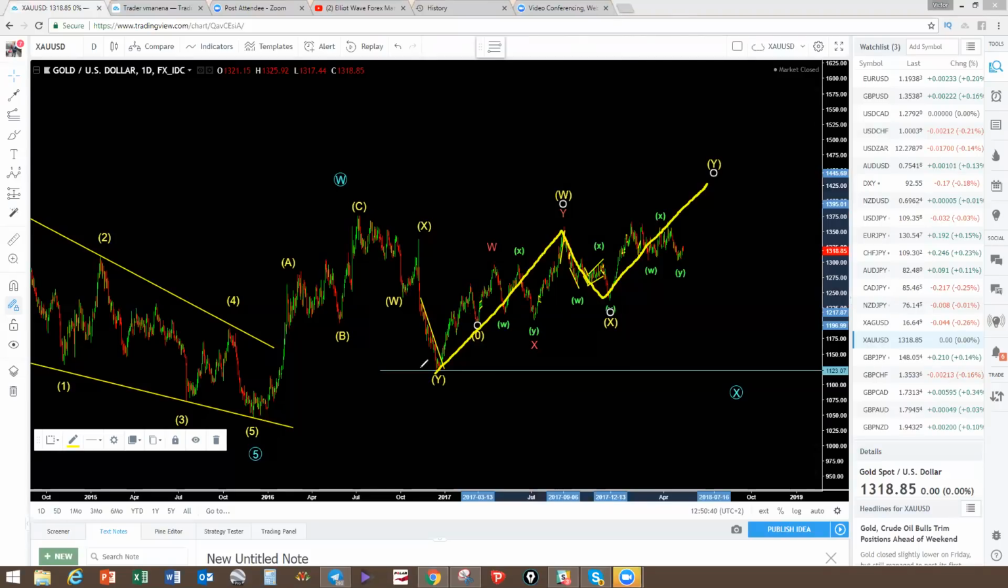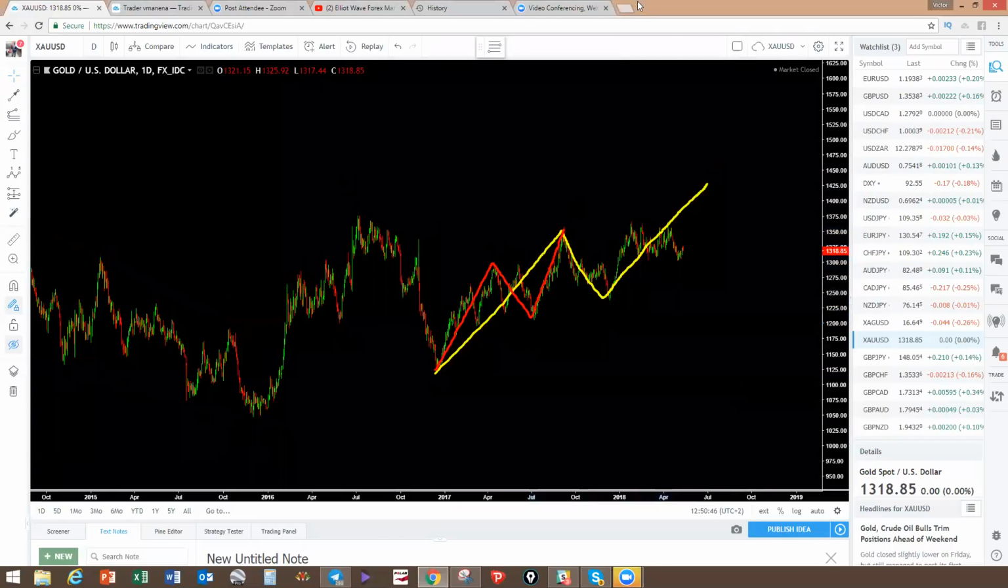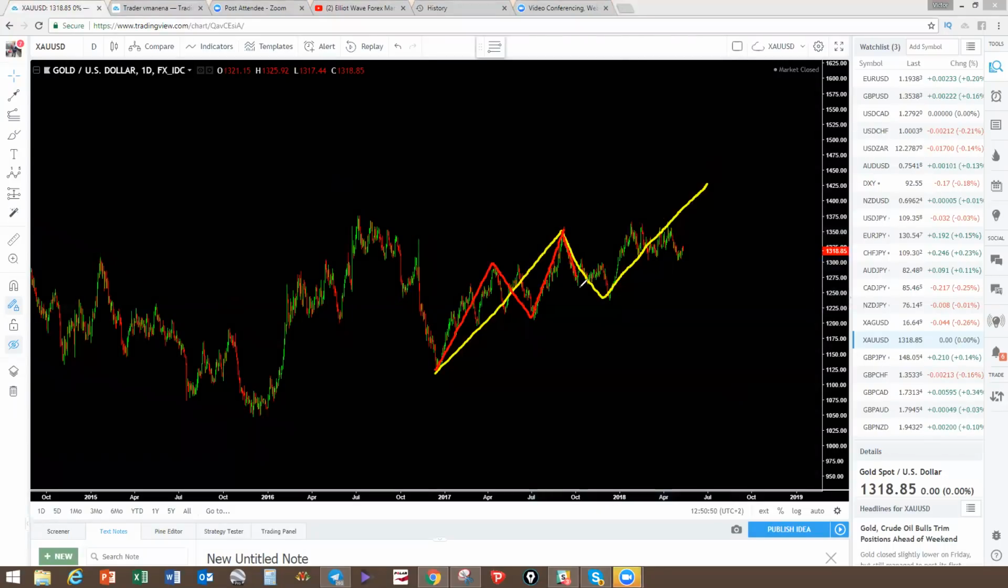Lower degree is this WXY in red. You can actually switch off here so you can see the structure. You'll see how clear the structure is here. Lower degree is a three-wave structure. Lower degree is this structure. It's missing the up move. The only way that we will not get this move,